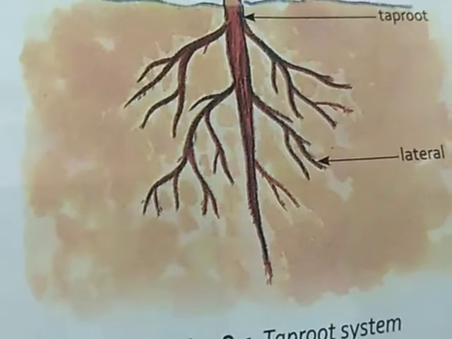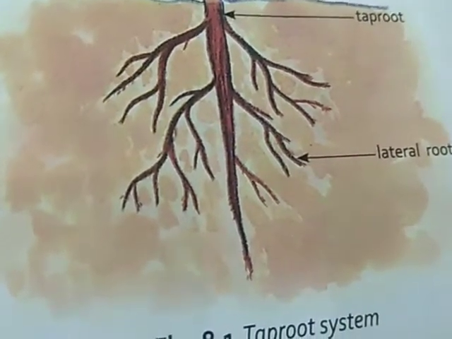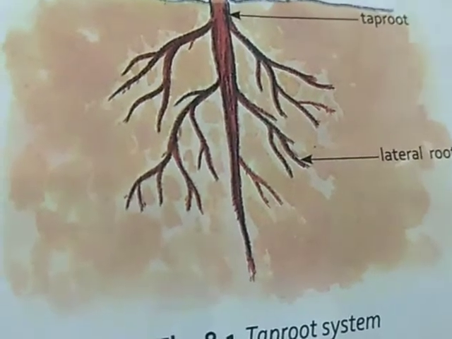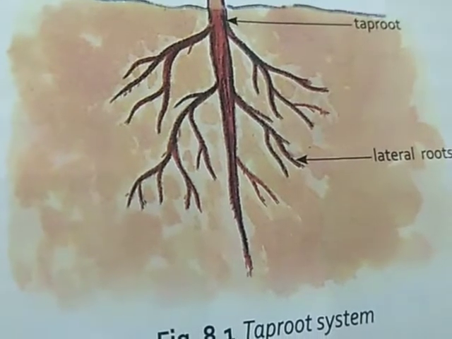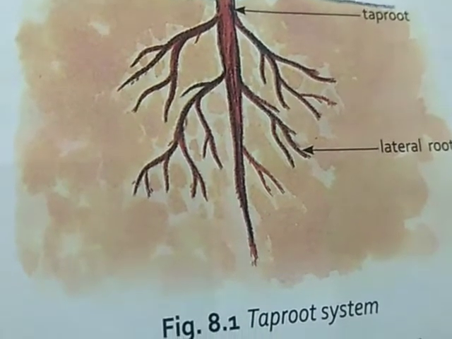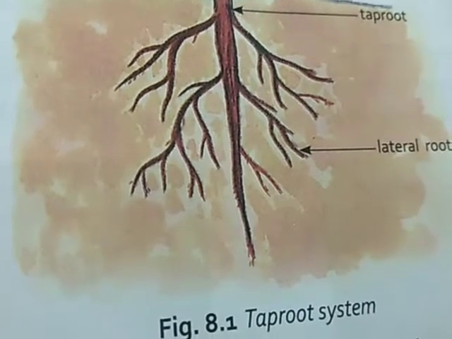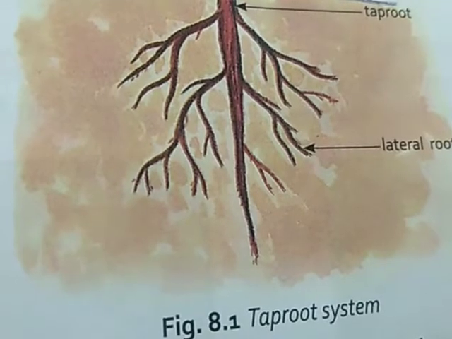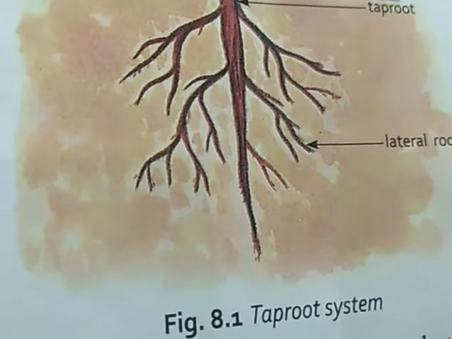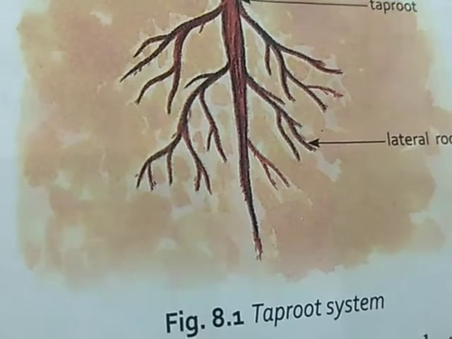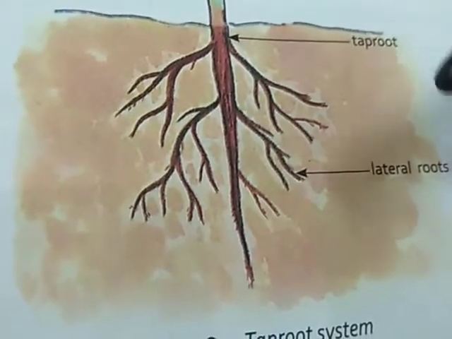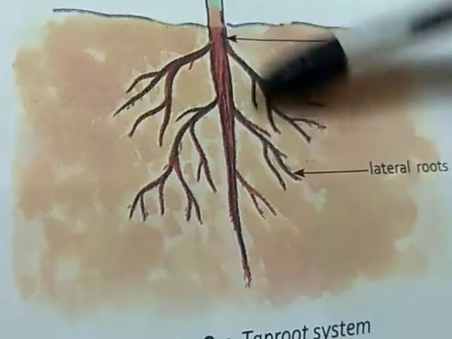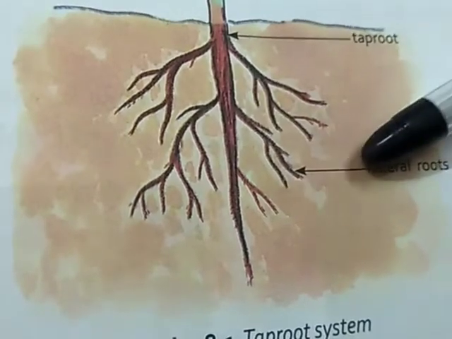Okay, there are different types of root system. First we will talk about the roots, which are below the ground. Yes or no? The parts of the plant that are usually under the ground form the root system. There are two types of root system. One is the tap root, the second is fibrous root. Tap root, as you can see, this type of root is known as tap root. Tap root has the main root, and with that there are different branches of roots. This is the tap root.